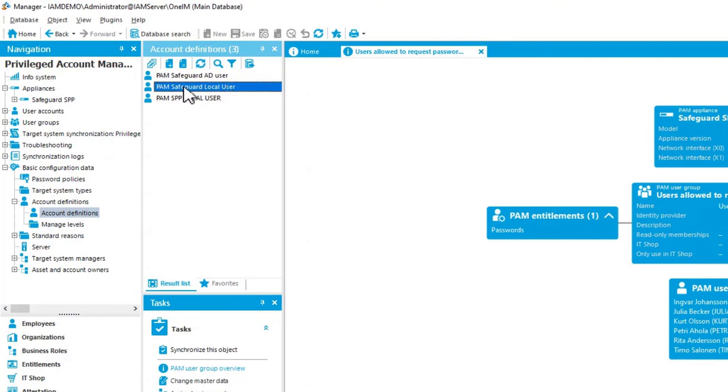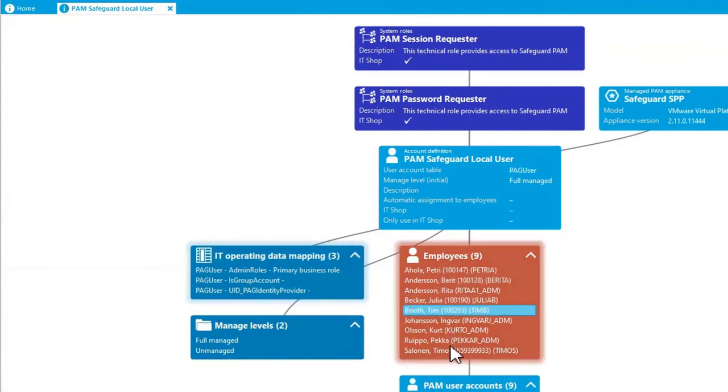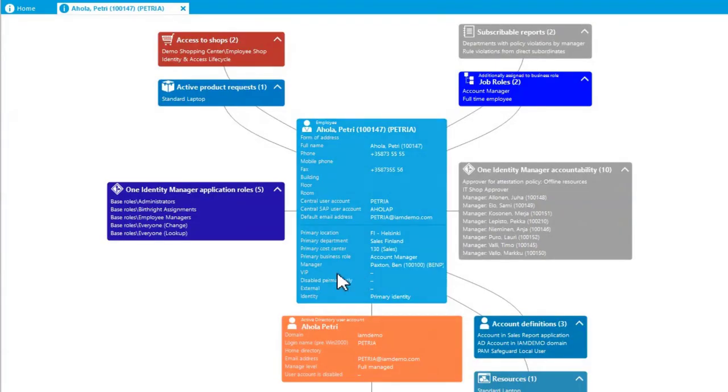Now, if I look at this particular list, the one called PAM Safeguard Local User, I can see that there are some employees who have this account definition assigned to them, and hence they will have access to the PAM safeguard appliance. If I click, for instance, on this guy called Petri here, I can see that he has an Active